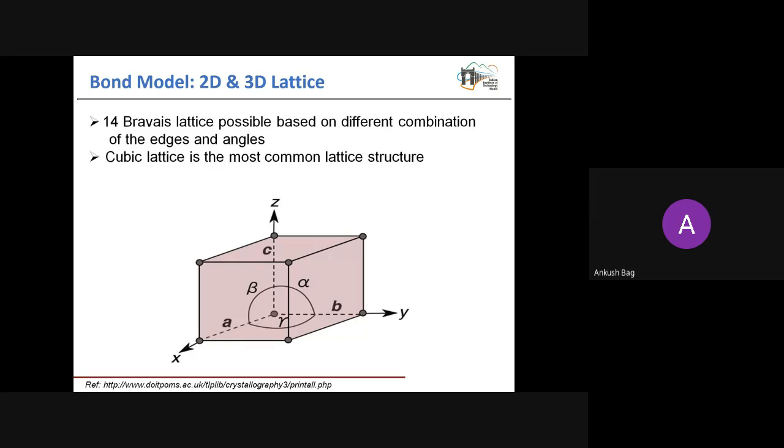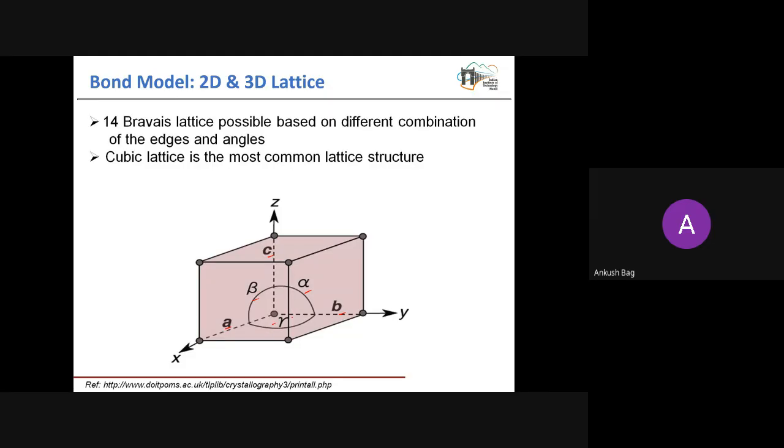As we mentioned earlier, in this cubic crystal we have 6 parameters. You can see in a cubic, this a, b, c are the atomic distances in the x, y, and z directions, as well as there are 3 angles between them, which you can see here: alpha, beta, and gamma. Based on the different variation, your crystal could be different. Like in simple cubic, you know that alpha, beta, gamma are all 90 degrees, and a equals b equals c.